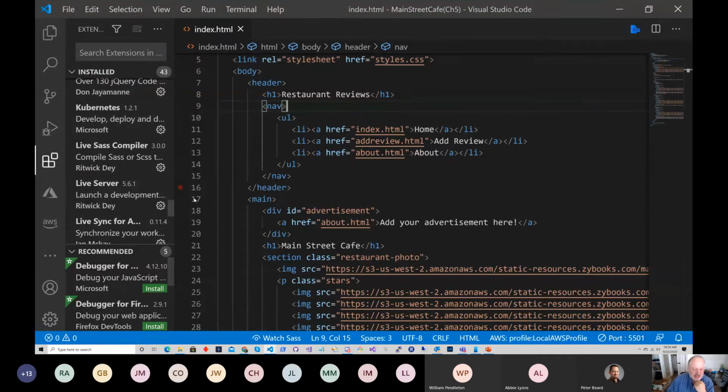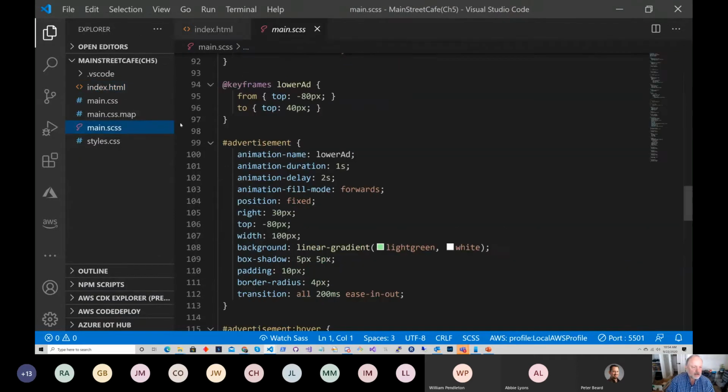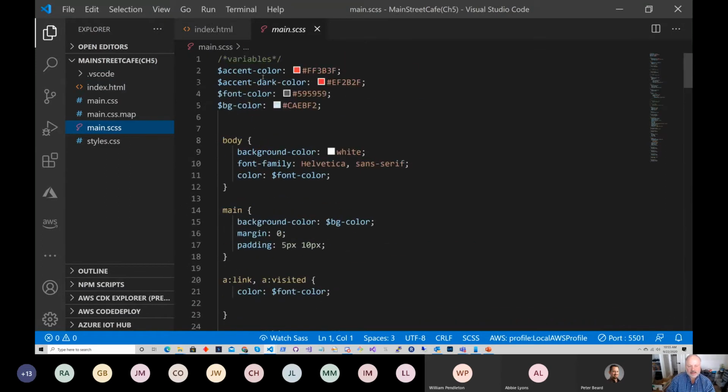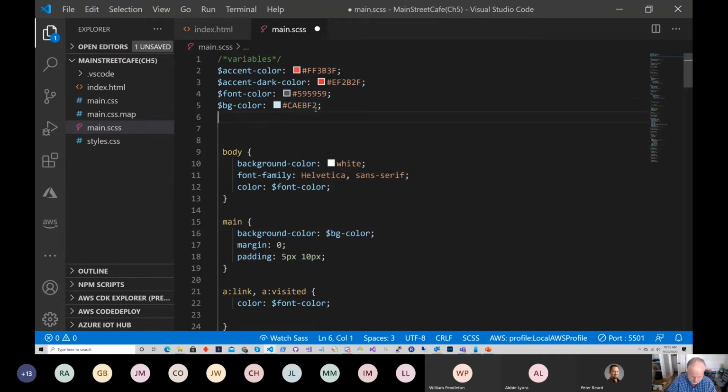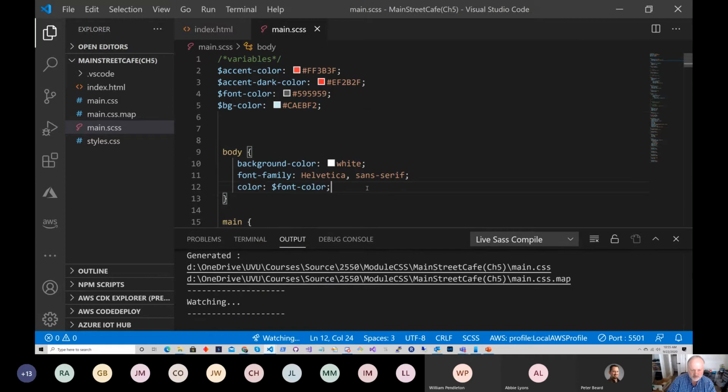All right, so live SAS. Let's go look at SAS. Okay, so what SAS is, it looks like CSS, but it's like a CSS script language. It adds a whole bunch of capabilities that standard CSS doesn't have. And so this is a main.scss. Notice if I change this file in any way and I save it, look down here. Oh, I'm not watching SAS. If I want to watch SAS, you'll see down here in the console, if I make a change,